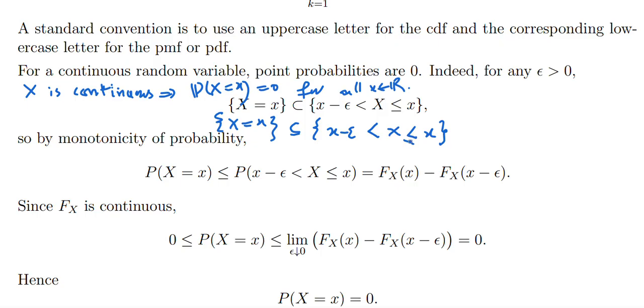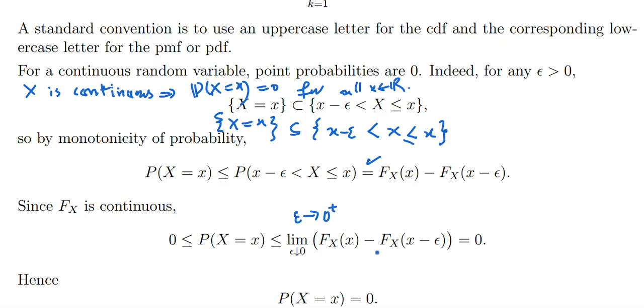So the probability of X equals x is at most this, and we already showed this. Then if you take epsilon approaching 0 from the right,